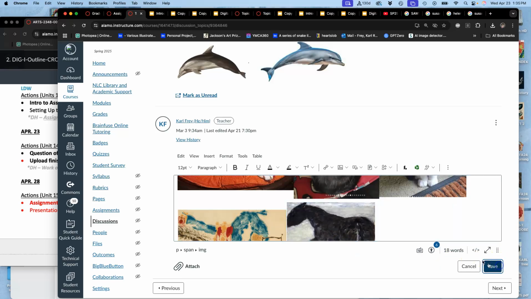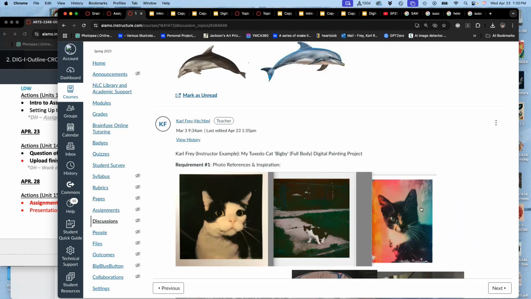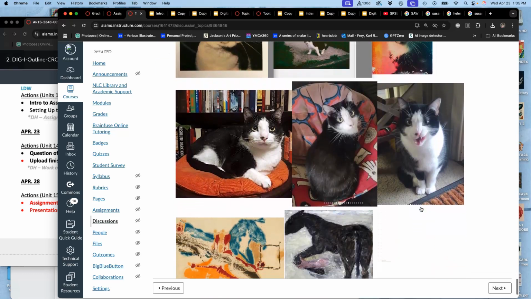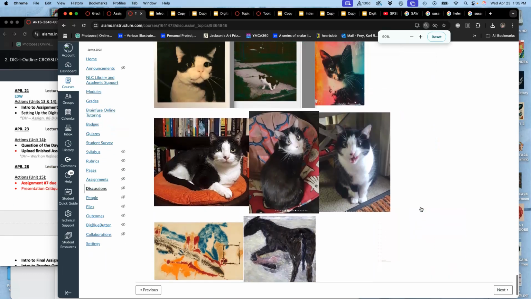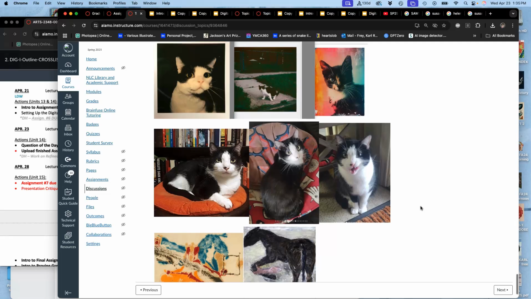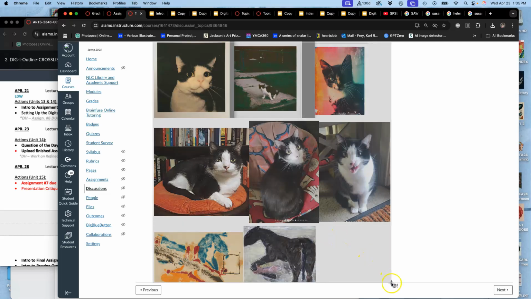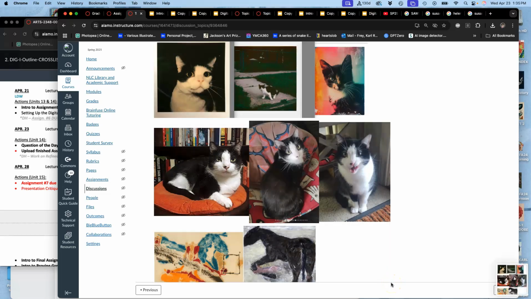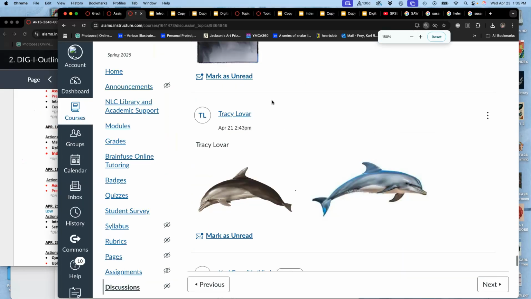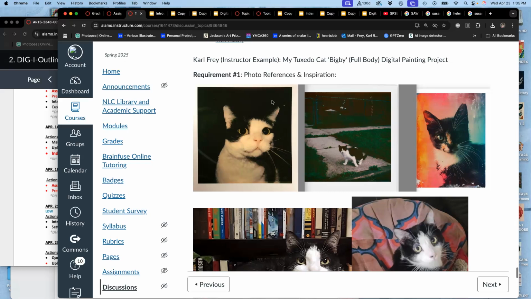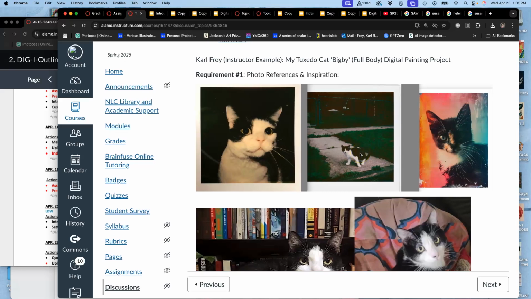All right. So now, this is my advice to you. Now that you have your stuff posted, take a screen grab of it all, so it's all in one file. It doesn't need to be high resolution. I know I have to have it be full body, so I really want that pose. There's just something about it I really like. Instead of waiting for my cat to make a pose like that,